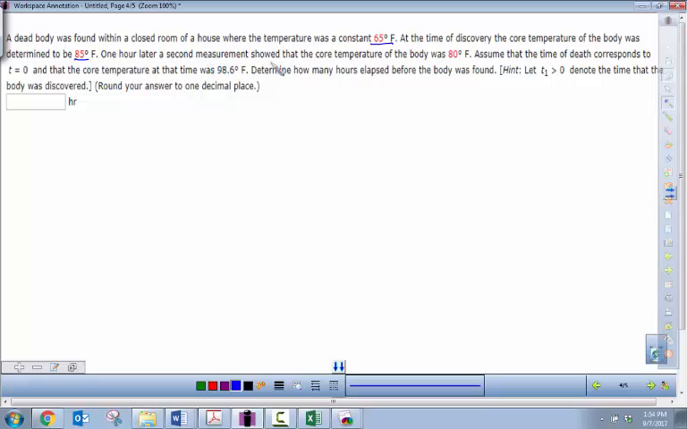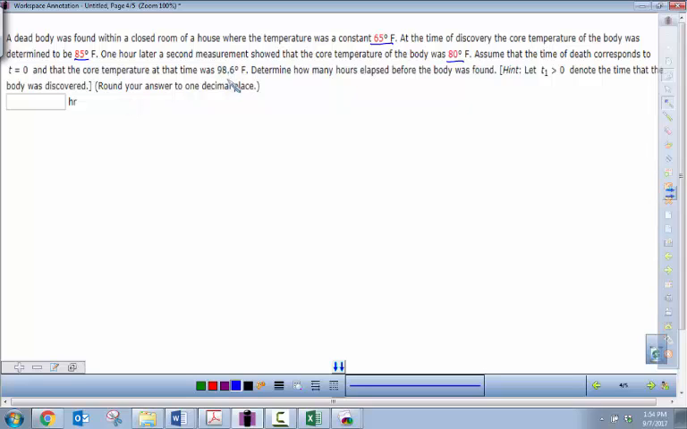One hour later, a second measurement showed that the core temperature was 80. So I wonder why they didn't go with 98.6, which is the usual body temperature. But the body temperature when it was found was 85 degrees, and an hour later, a second measurement showed that the core temperature was 80 degrees. Assume that the time of death corresponds to time 0, and the core temperature,